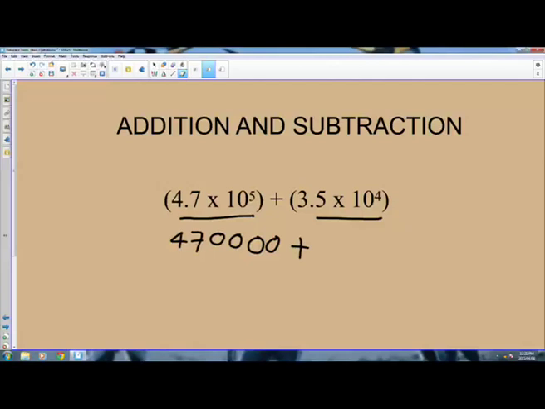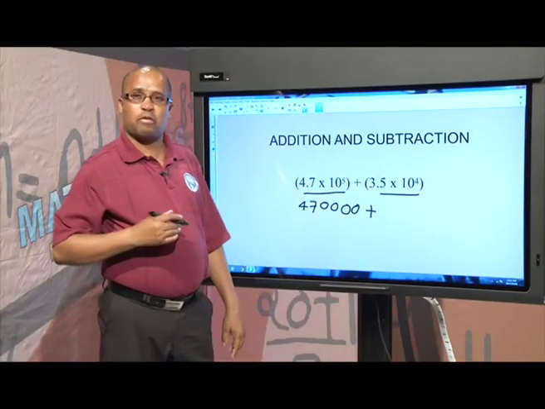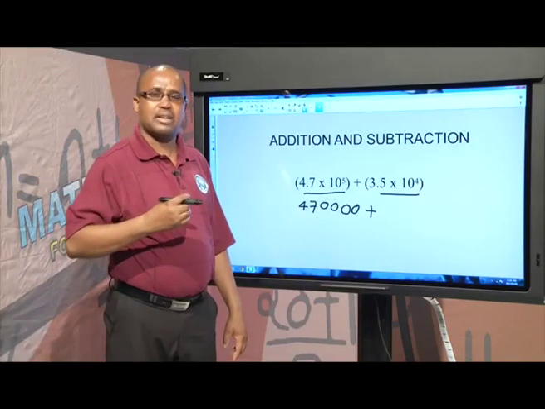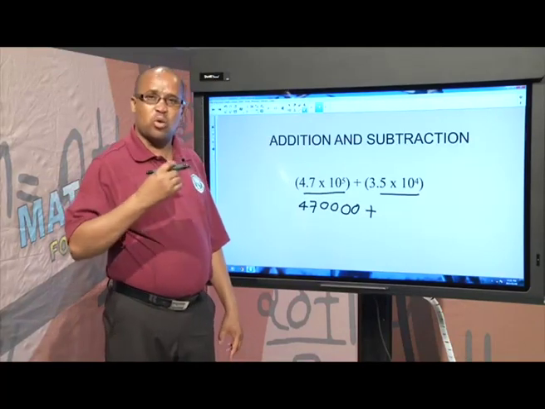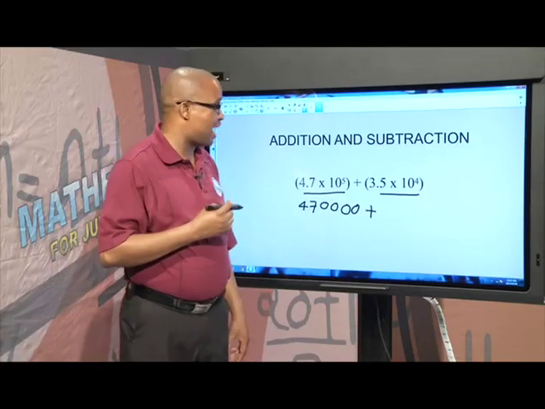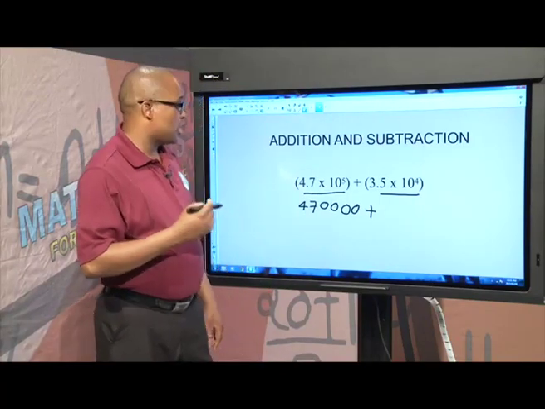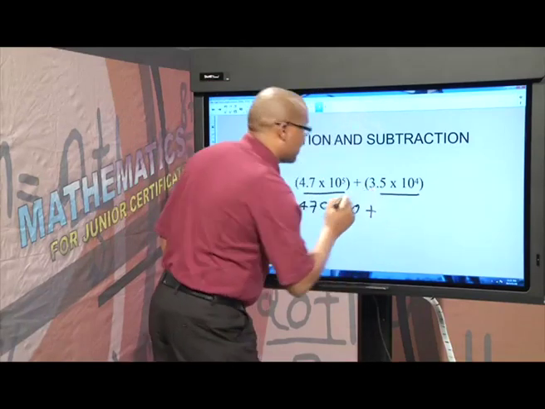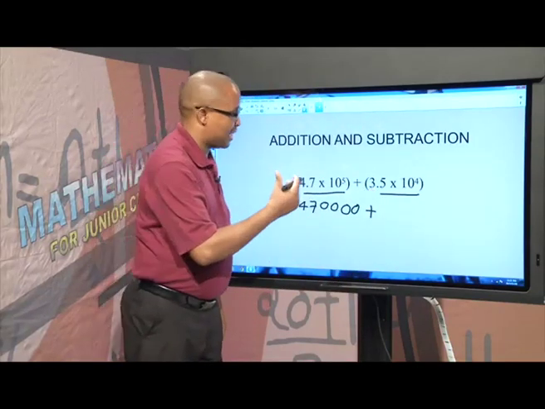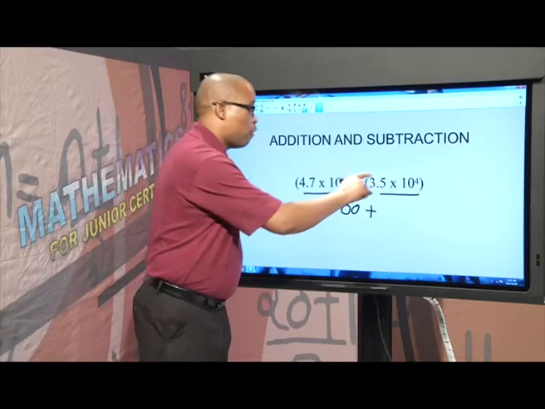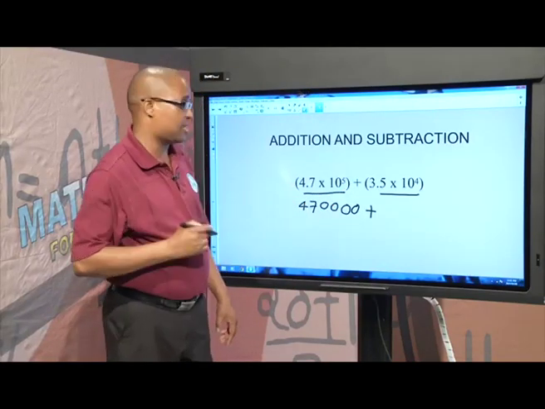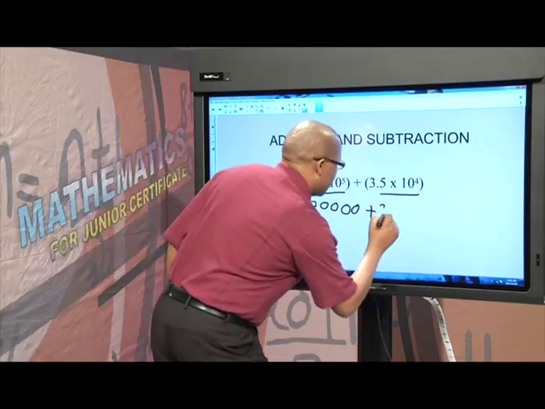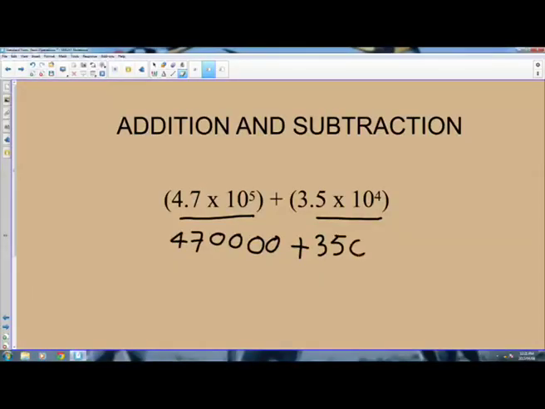plus, because there's a plus there, 3.5 times 10 to the power 4. We need to change 3.5 times 10 to the power 4 into an ordinary number. The point is here, we need to move the point to the right. How many steps are we moving the point? 4 steps to the right, because the power is positive. So this will be 3, 5, 0, 0, 0. 1, 2, 3, 4. So it's 470,000 plus